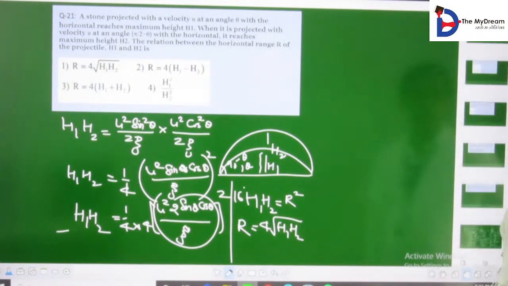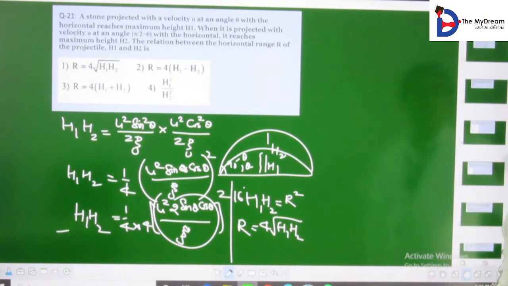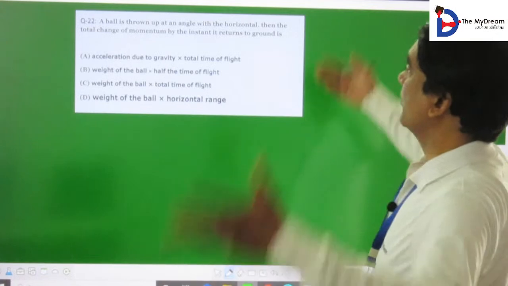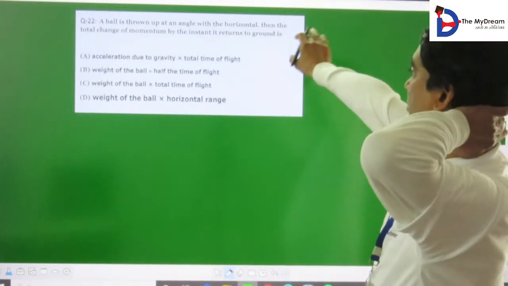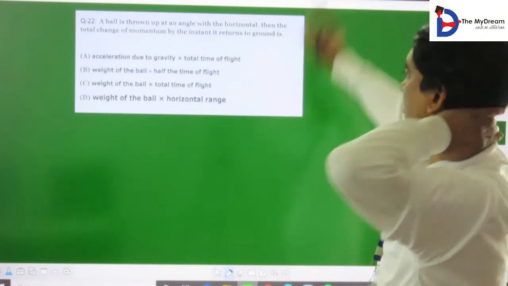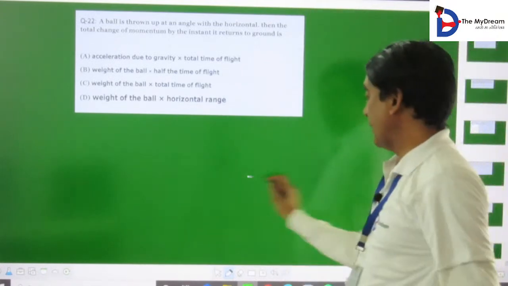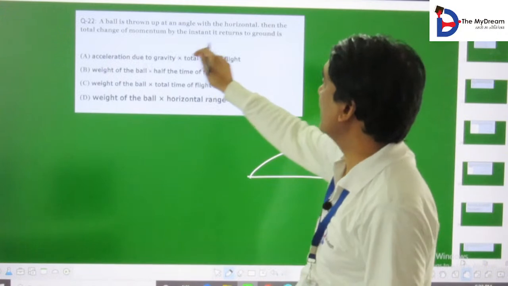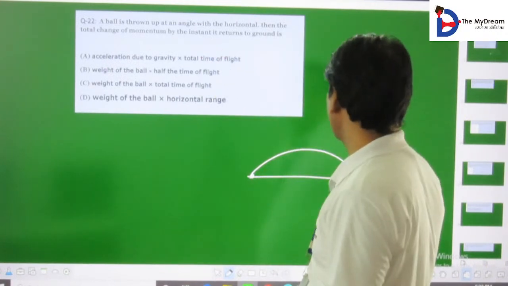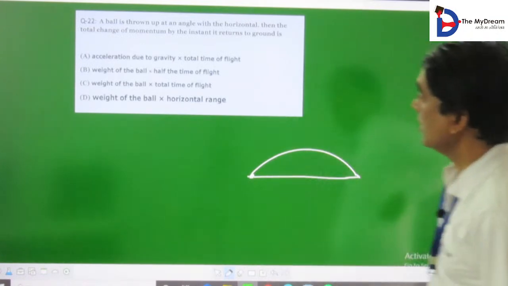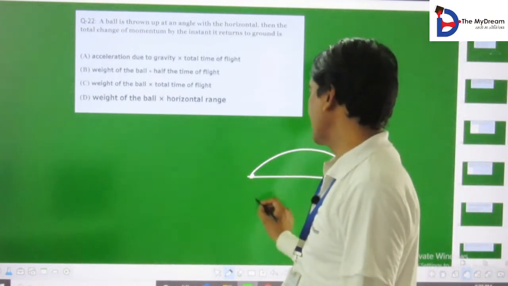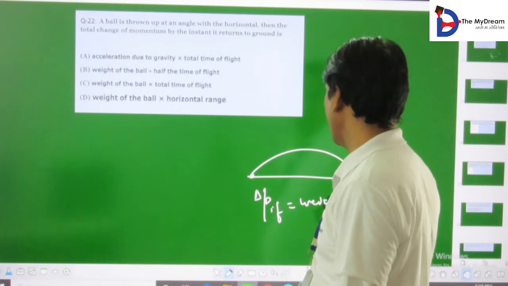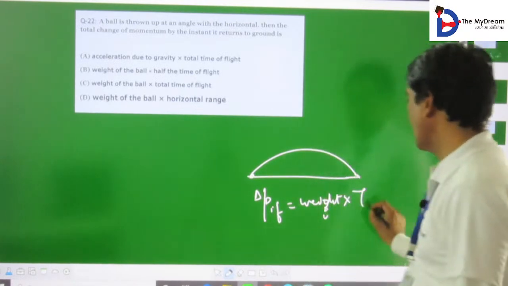कितने हैं अभी? कितना हो गया? 22. अभी बताया था ये बॉल इज थ्रोन अप एट एन एंगल विद दिस हॉरिजॉन्टल। कोई बॉडी आप फेंक रहे हैं बेटा हॉरिजॉन्टल, you want to know the total change in momentum by that instant to return the ground, initial to the final position। initial to the final position में अभी हमने डिस्कस किया था the change in momentum from initial to the final position, that is equal to the weight and the total time of flight,